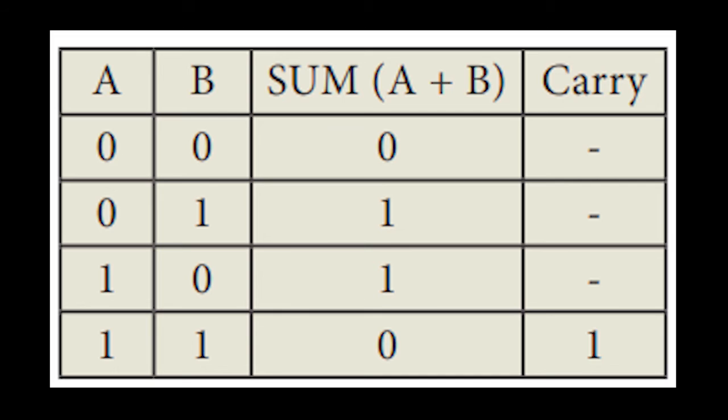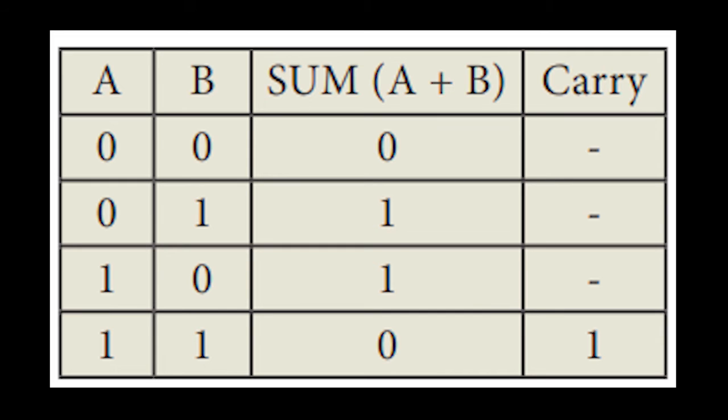Binary addition means first you have to know the numbers. First number is 0, next one is 1, the next one is 10, and the next one is 11. Right. So when you are adding 0 and 0, what will be the answer? 0. When you are adding 0 and 1, 1 will be the answer. When you are adding 1 and 0, 1 will be the answer. When you are adding 1 and 1, the answer will be 10, right? So the sum will be 0 and 1 will be the carry. Understood? 1 plus 1 is equal to 10. Here 0 is the sum and 1 is the carry.